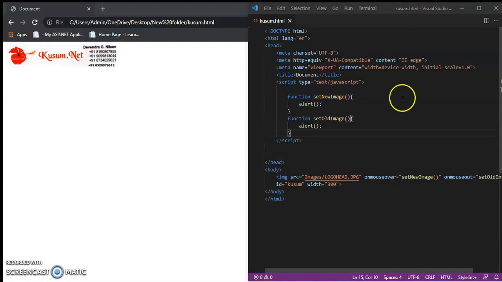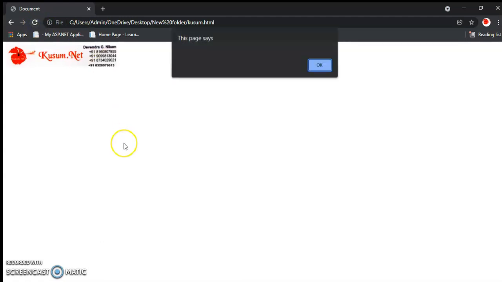On mouse out will set the same old image, and on mouse over will set the new image. Control S and refresh the browser.